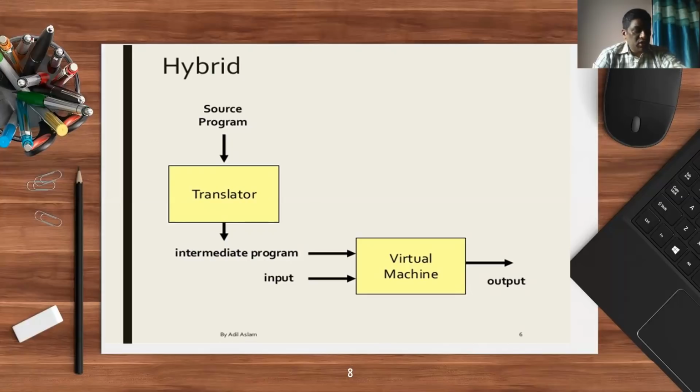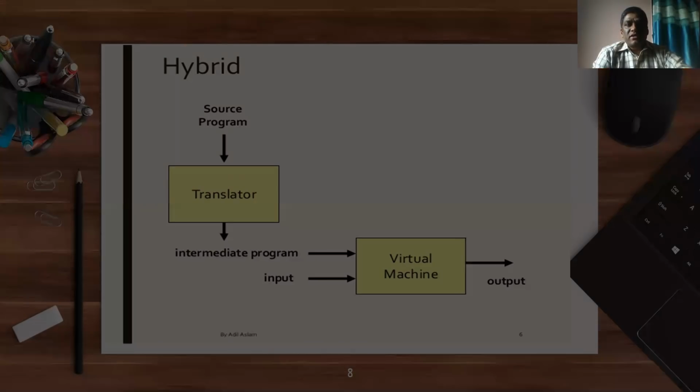An example you know is the Java compiler. Java compiler is a hybrid compiler. Sometimes people call it just-in-time compiler, JIT compilers. Just-in-time compilers are hybrid compilers. If any language supports JIT compilers, it means it is a hybrid compiler.